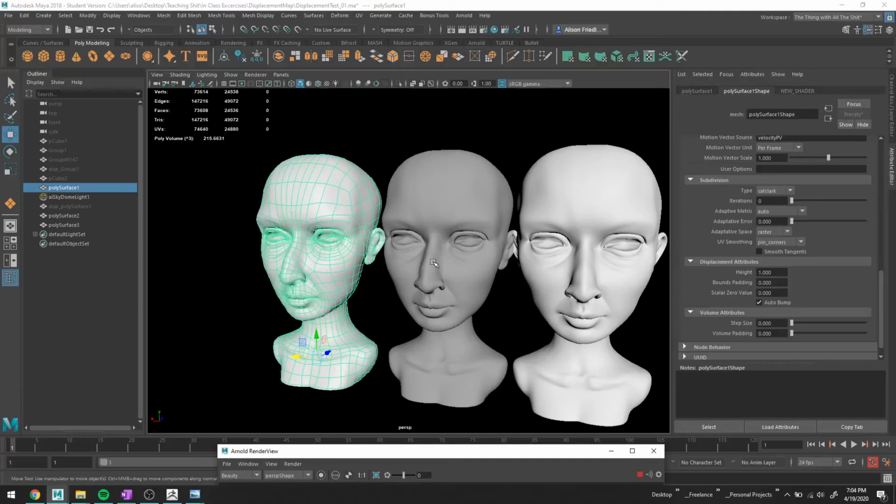So I just want to talk really quick about what a displacement map is before we get super crazy into this. I have 3 heads set up here. One that is just Lambert 1 with nothing done to it. This guy has a bump map on it, not a displacement, bump map, and this one has a displacement map